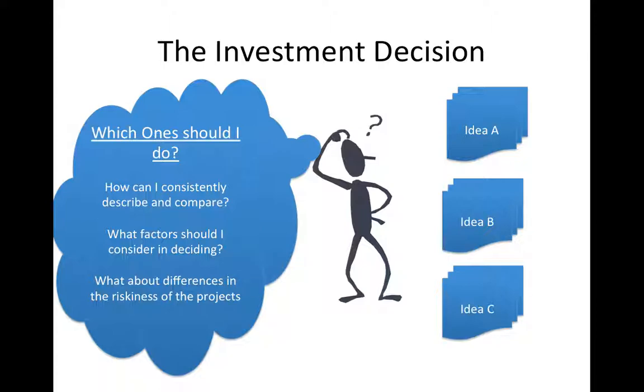The second issue that they might have is, what factors should I consider and compare in order to make the decision? And then the last issue is, where does riskiness fit into this? And so if you think about yourself and your projects, not all of your projects are of equal risk. They may have a different uncertainty associated with whether or not the numbers you have are actually real and could actually happen, based on how much research you've done and how well you have already tested your hypotheses about your assumptions.